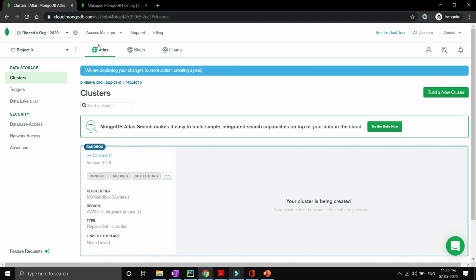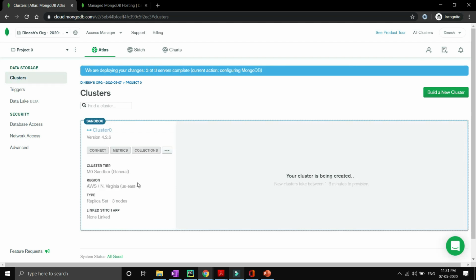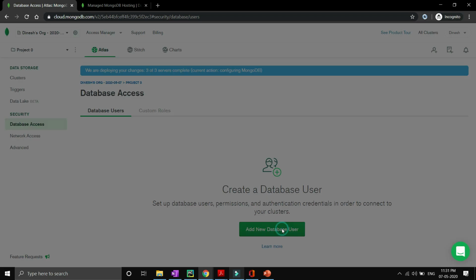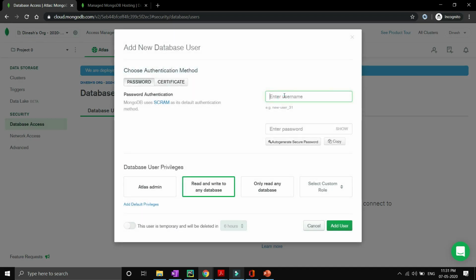So now this is your dashboard whenever you sign in to your account. Now our next step is to create a new user. So we will go inside database access and click on add new database user. You can give any name like testing, or just make it COVID, and then you have to make your password. Anything you can make your password, and then you have to give read and write access to the database, and then click add user.